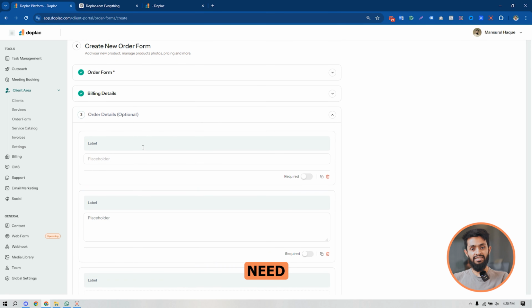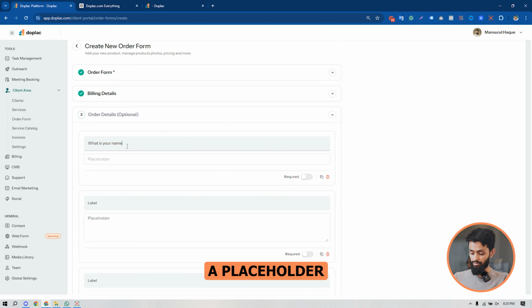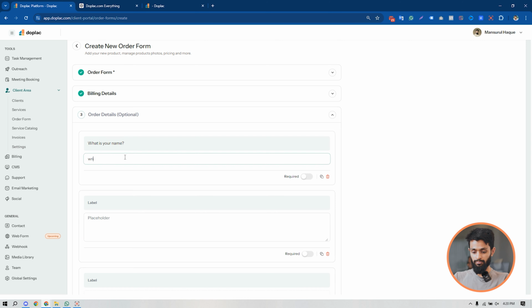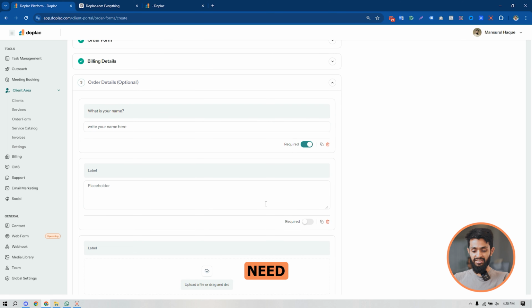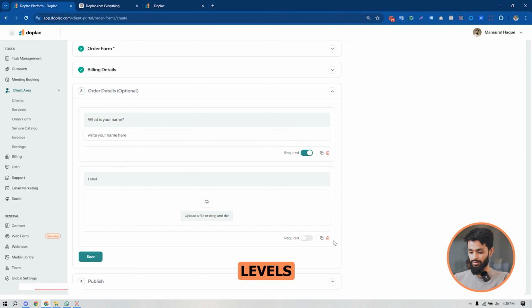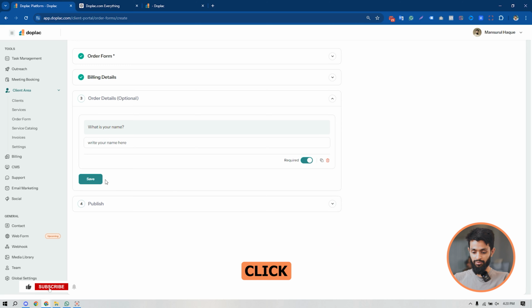And here it is. If you need any additional information about your order, then you can make a label or placeholder here. So I'm going to show you as an example. As an example, if you need any extra information about your order, then you can create a placeholder here. So here it is. Okay, it is. I'm going to make it required. I don't need any extra label or any extra information, so I'm going to delete the other labels. So when you're done, just click on Save,